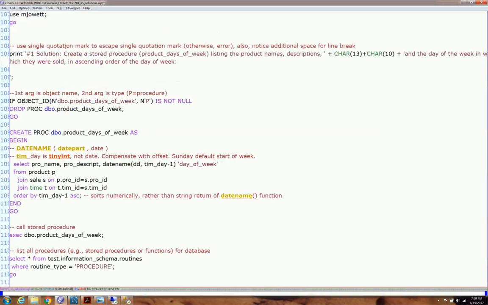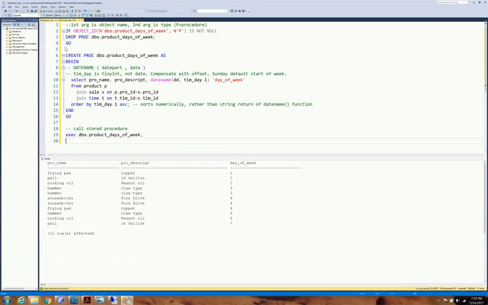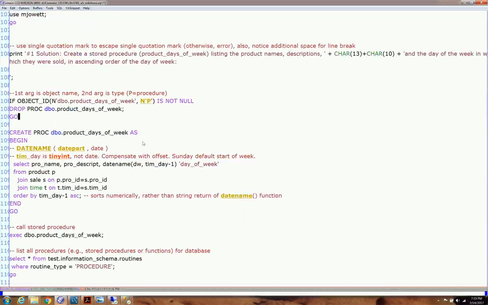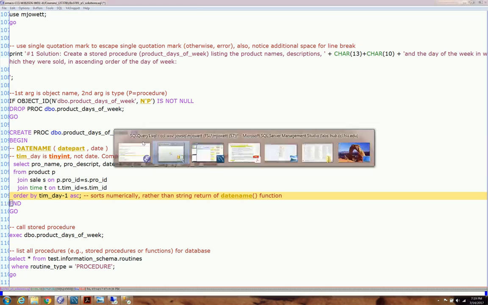Let's see what happens, and we should get the same return, except I forgot to change that back to DW. And let me run this again. I'll just run it in here, just change this like this. Day of the week, I want the alpha value rather than the numeric value. F5, and there we go. Okay? So it is correctly evaluating, the ORDER BY is correctly evaluating it because it is sorting it numerically, displaying it